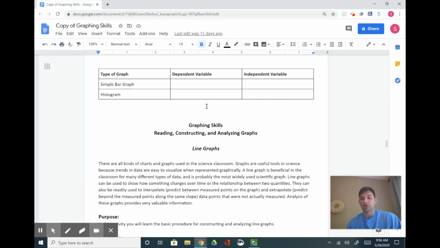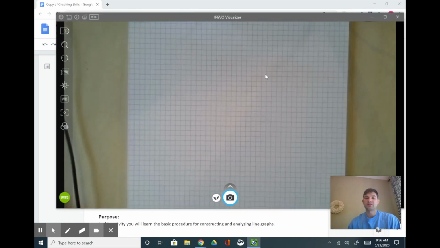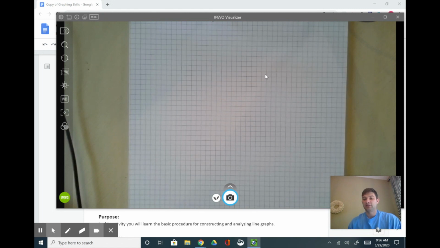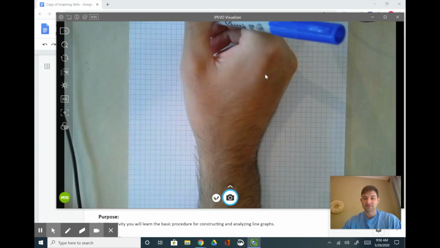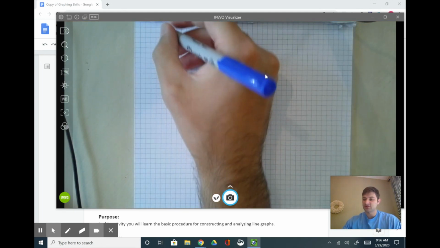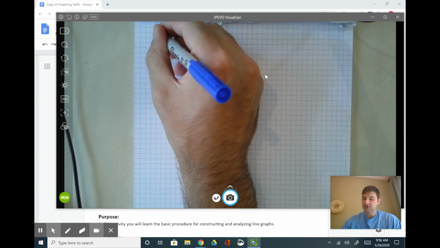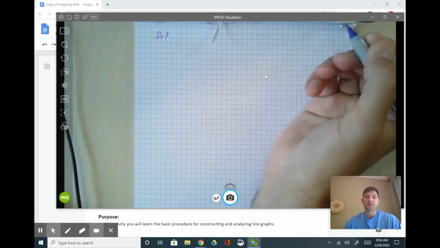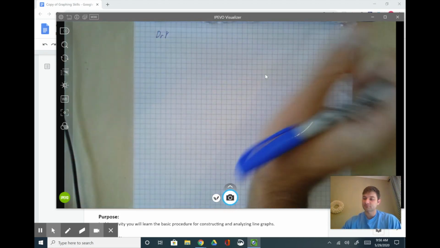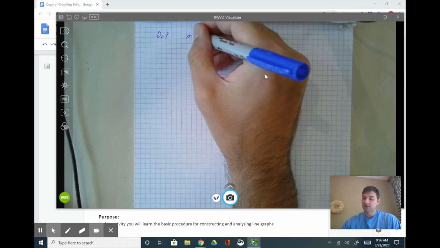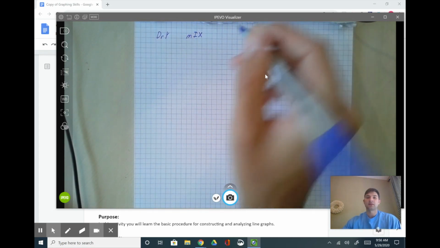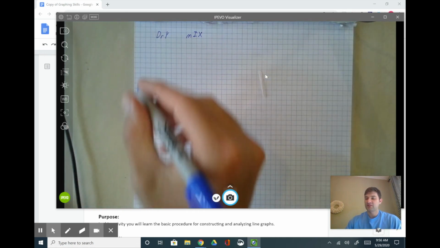If you notice in the bar graph and histogram section, you have to put the dependent variable and independent variable, and the students need to know how to do that. Hopefully you've heard of this acronym before. It's a really awesome acronym. I literally will just yell this to my students all the time. The acronym is DRY MIX. It's a capital D, lowercase r, uppercase Y, and then a lowercase m, uppercase I, uppercase X. So it is DRY MIX, which stands for